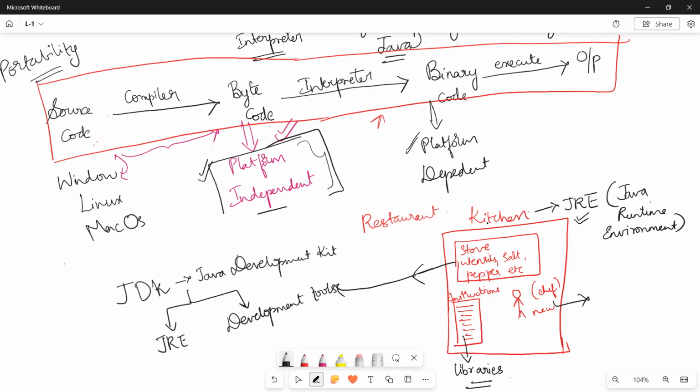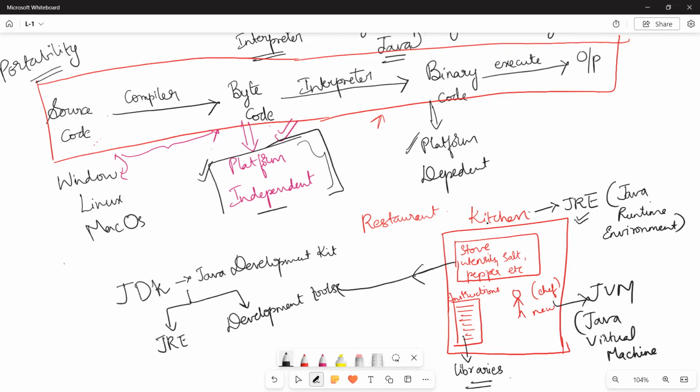So my JRE will have those common tasks in the form of libraries, so that my chef, who is nothing but JVM, that is Java Virtual Machine,